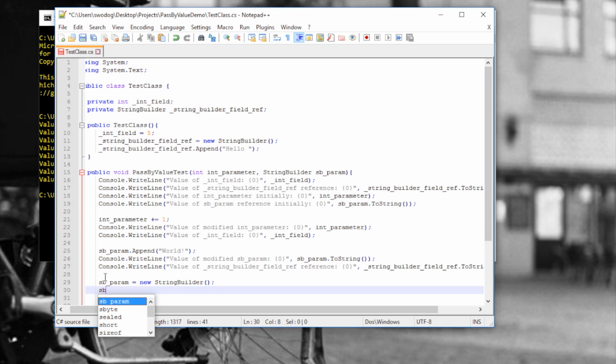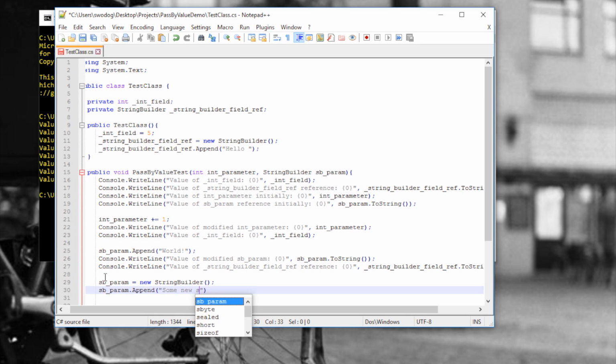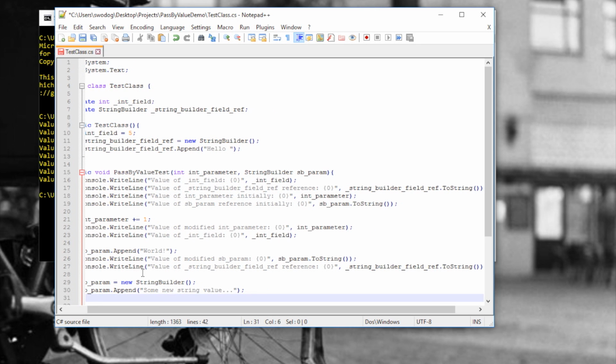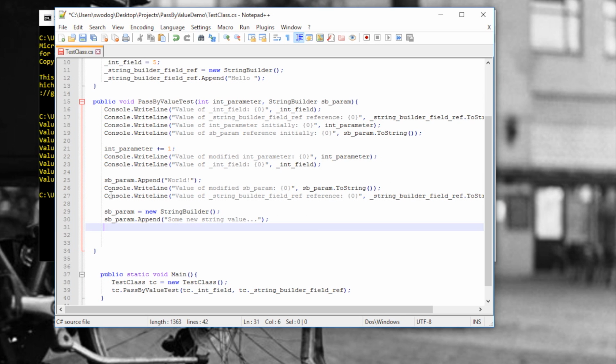And they'll say SB param dot append, okay, some new string value like that. So they'll modify that and append a string to it, okay, and then we'll go ahead and